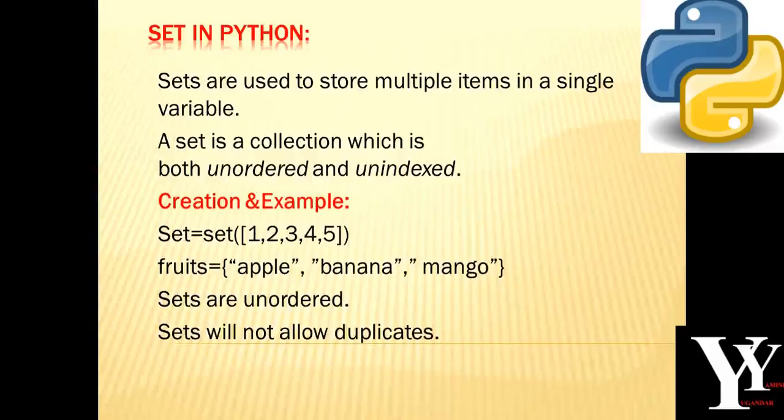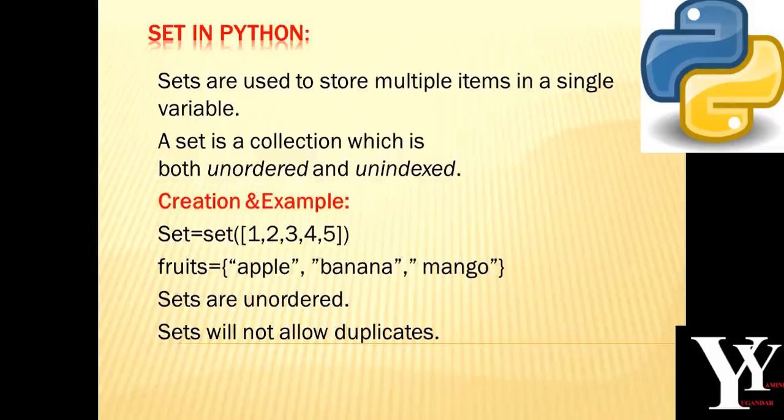In this video, we will learn about set in Python. Set is an unordered collection of elements, and sets are used to store multiple items in a single variable. And set is unordered as well as unindexed. Set contains only unique elements, but at the time of set creation, multiple duplicate values can also be passed.